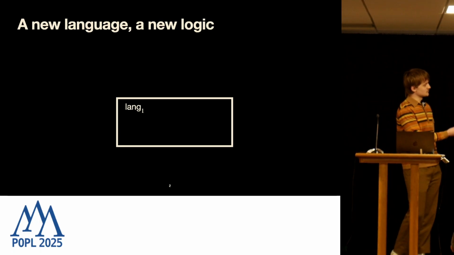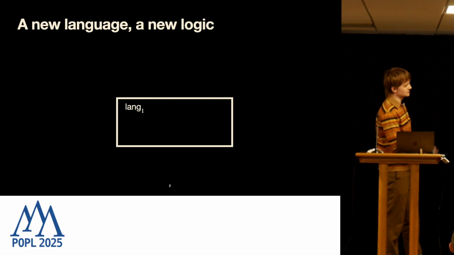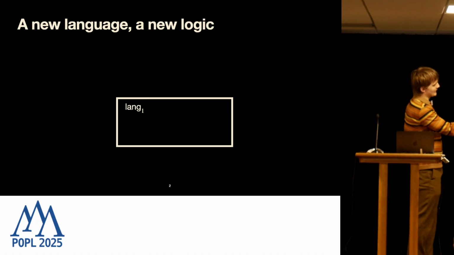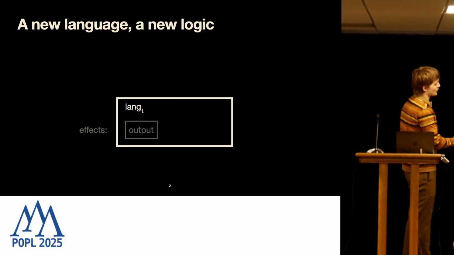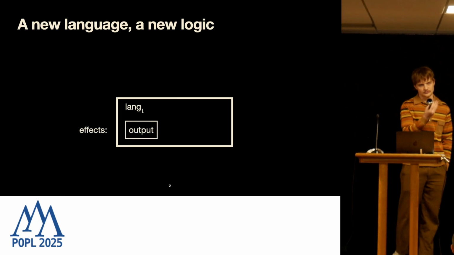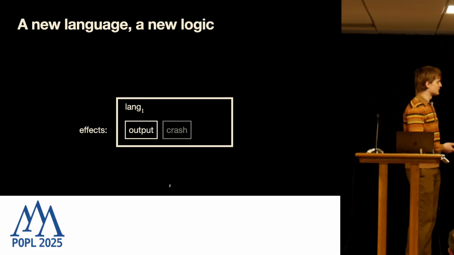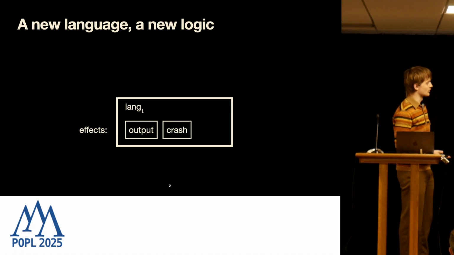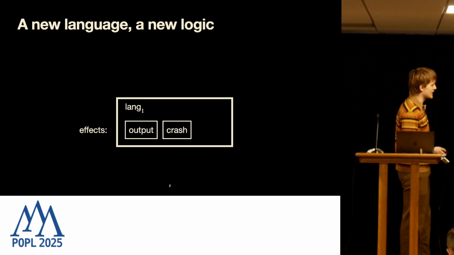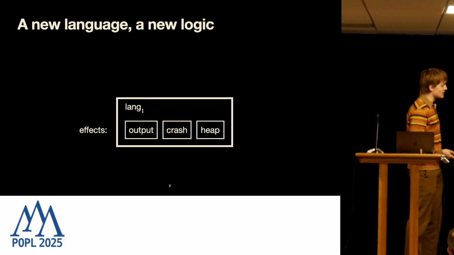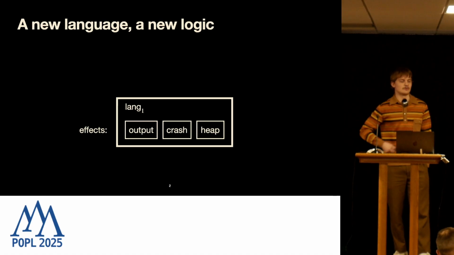We have a young researcher who sets out to define a programming language, language 1. Perhaps this programming language supports certain effects. Perhaps there is an output effect, programs can write to the console. Perhaps there's also a crash effect. Certain programs are malformed, and therefore they crash. And perhaps there's also a heap effect, which is to say that certain programs may want to read or write